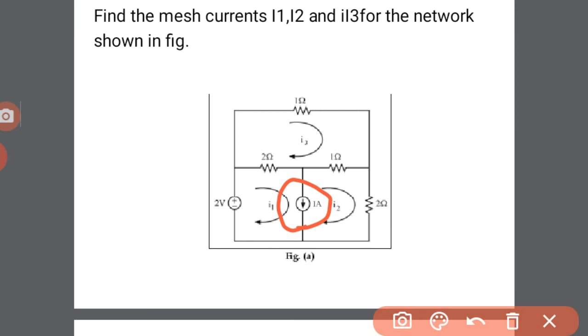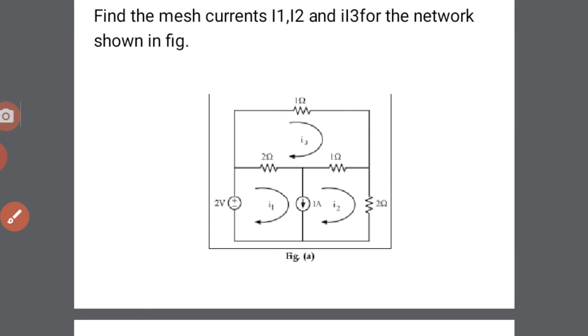In our previous sections, there were loop 1, loop 2 and loop 3, with some passive component or some other voltage source in between. But in this example, between loop 1 and loop 2 there is a current source, the current flowing through it being 1 ampere. So when a current source exists between the loops, we apply the super mesh analysis. Now we are discussing how to apply the super mesh equations for this network.